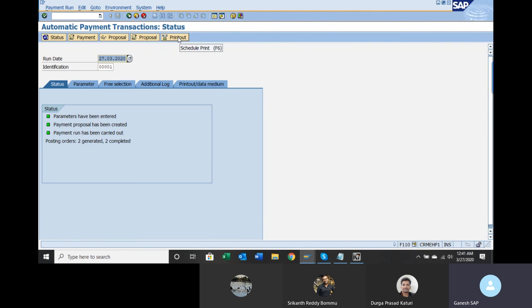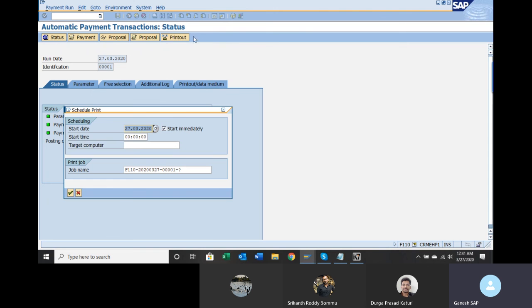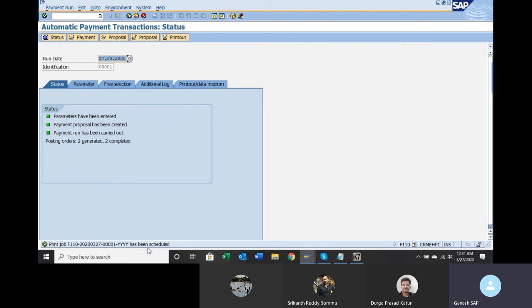But to print out the check and payment advice, click on print out, start immediately. Instead of the question mark, you can give some XYZ or anything. Press enter. So this has been scheduled.